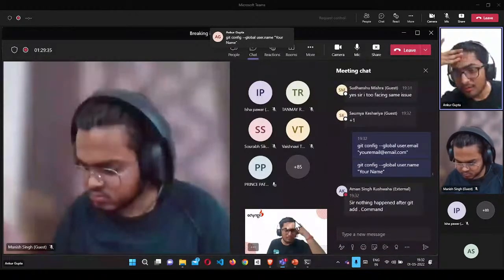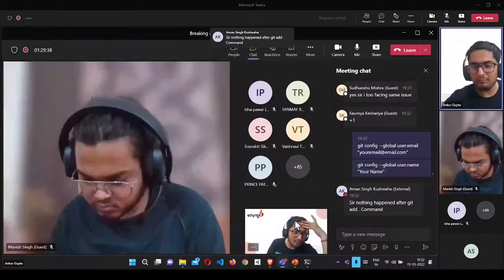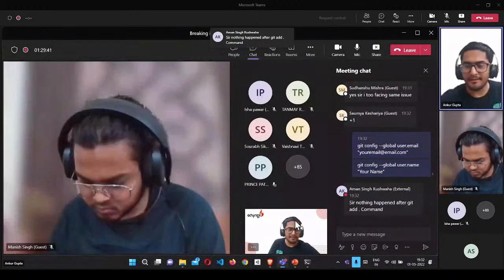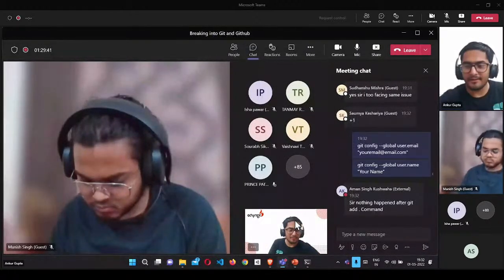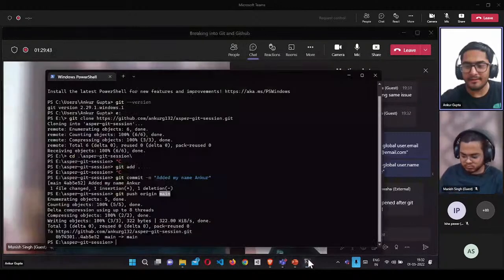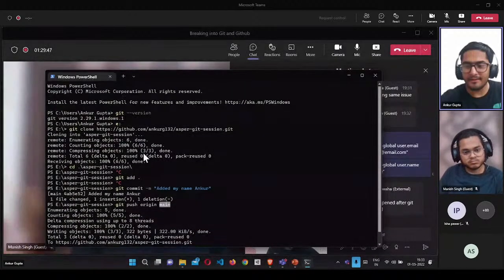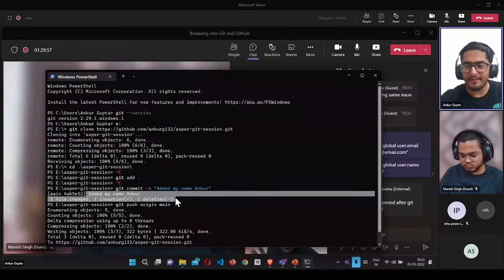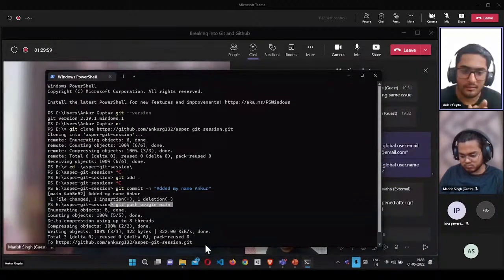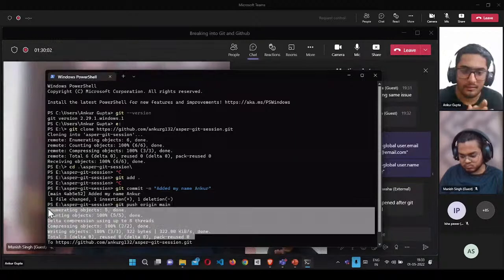After the git add dot command, nothing will happen. It will just execute. You won't see anything, as you can even see in my terminal. There's the git add command. Yeah, here's the git add command. You'll write this. Nothing will happen. Then you make a commit. Then you'll see this message. Then you'll make a push, and then all the data, all the compression, all the things that you wrote will be shown.